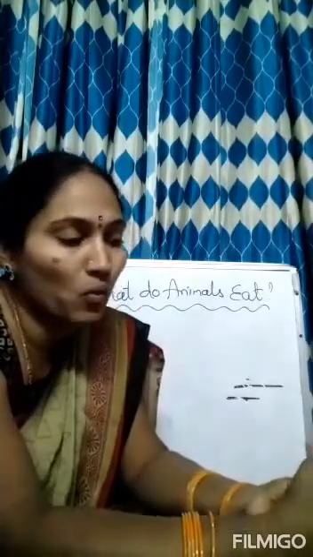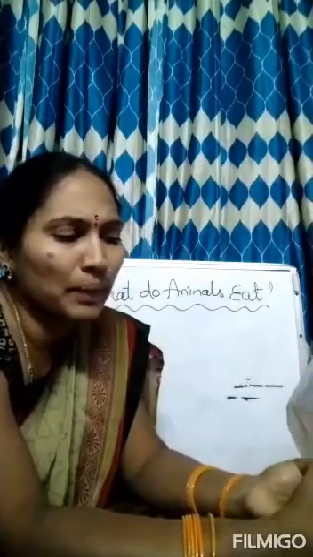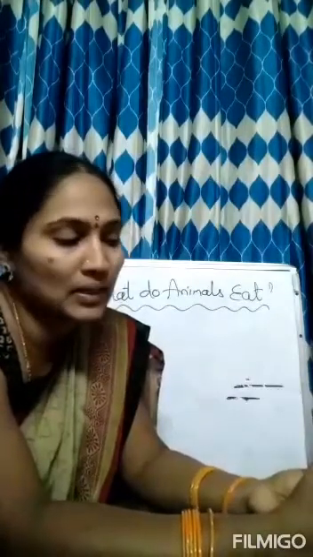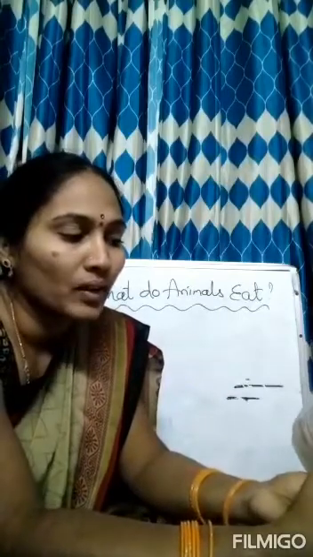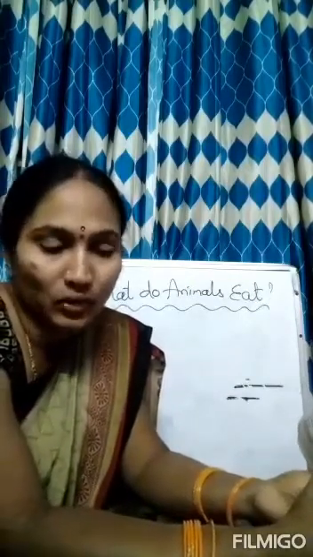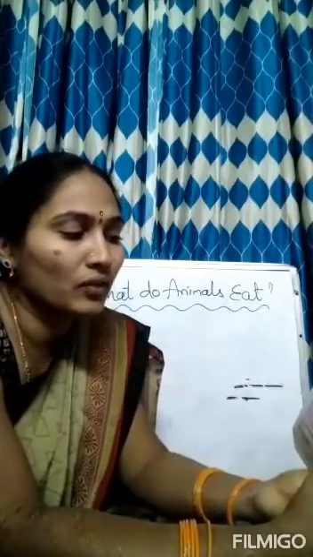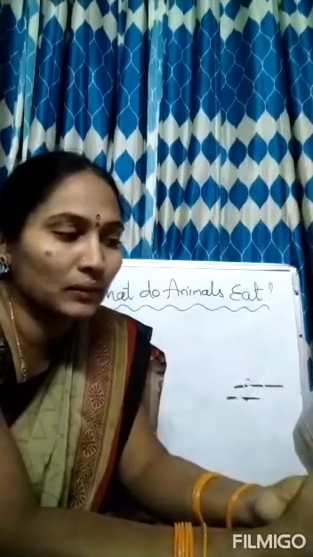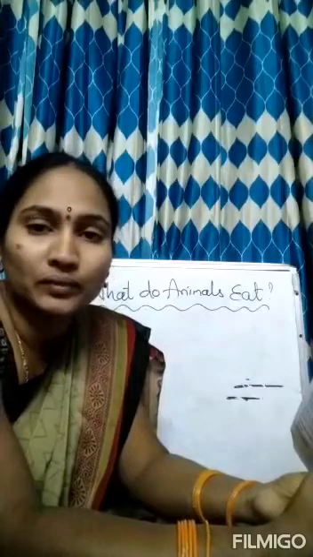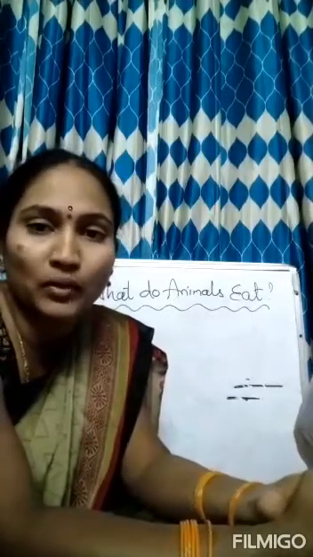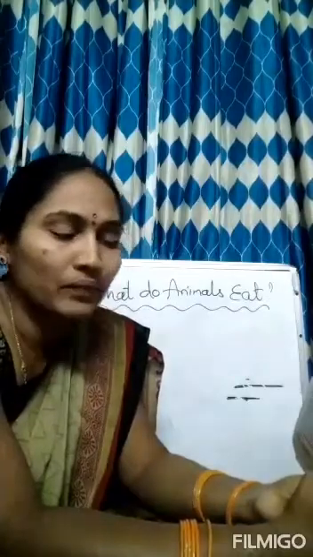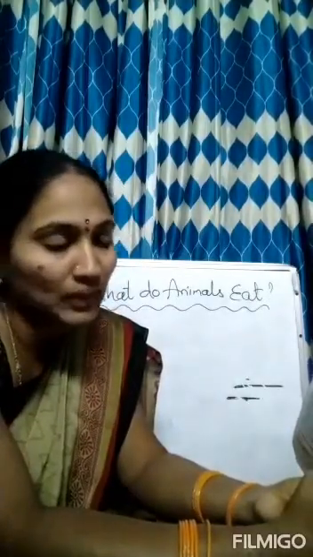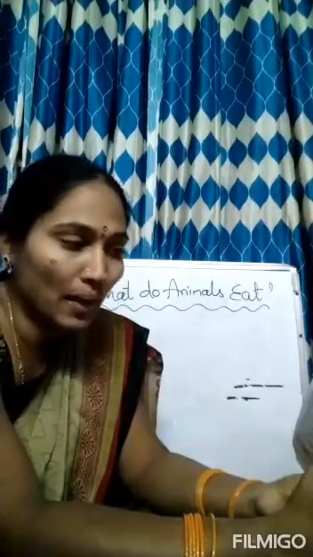Next activity is number 4, picture collection. Prepare a booklet on birds and their food habits. Collect pictures of different birds. Write the way in which each bird gets its food. This is like a project work for you actually. So if you are interested, you can do this one. On at least 3-4 pages, you have to prepare a booklet with the different types of birds, along with different kinds of beaks, and mention what their food habits are.